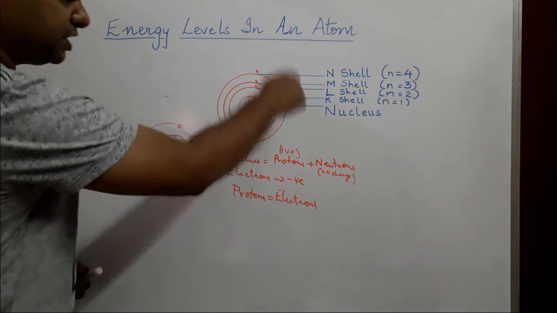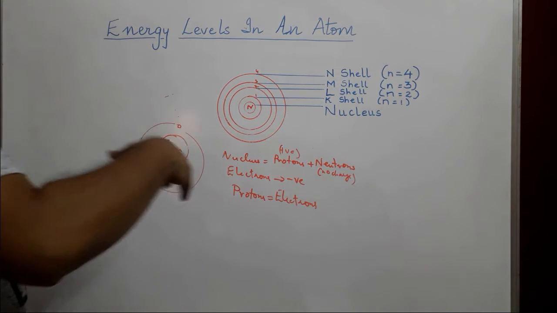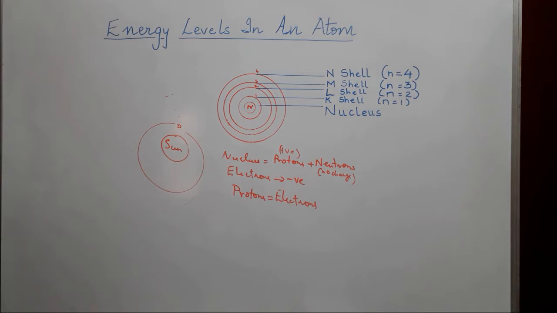But these electrons keep moving around in these orbits, or they are present within the shell. When they move around, they do not radiate any energy, meaning they do not give out any energy. Energy possessed by a moving electron is given out or absorbed only when it either jumps to a higher orbit or comes down from an orbit.